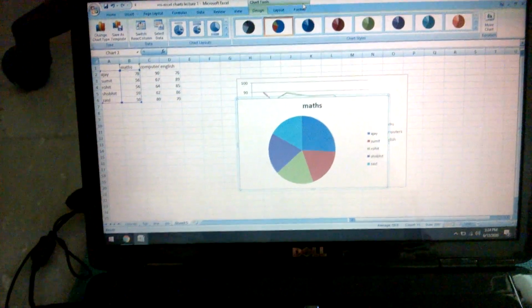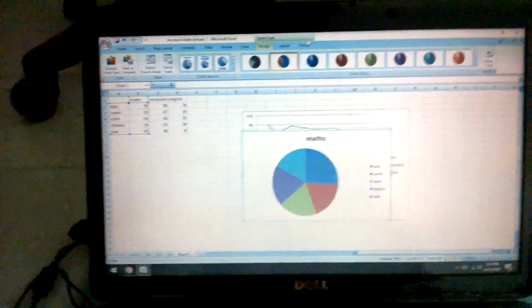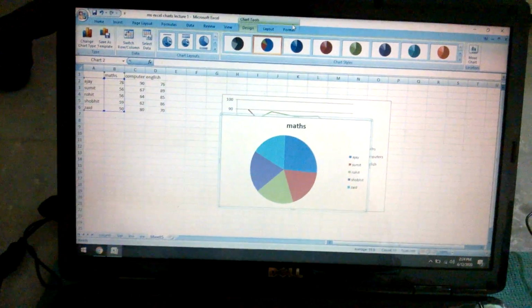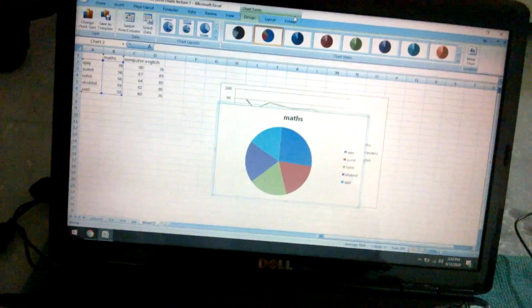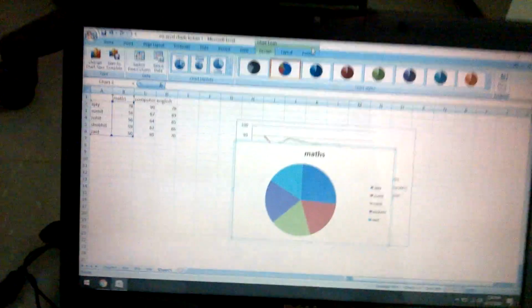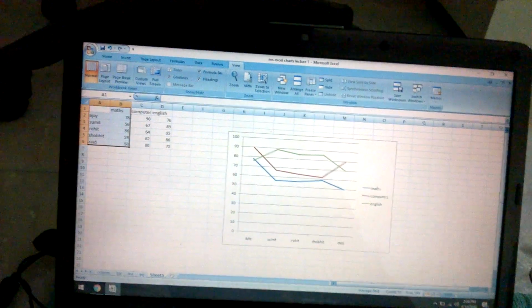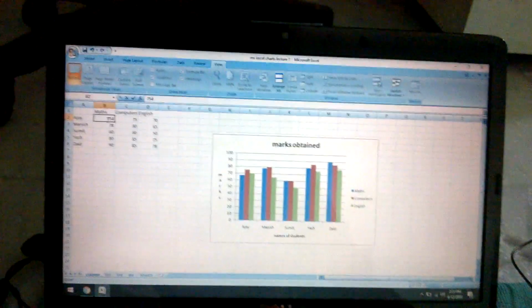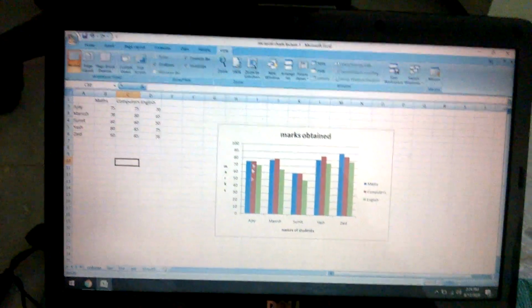So today we have seen what MS Excel charts are, and 4 types of charts which are commonly used: column, bar, pie and line. And we have seen how these are created. First we need to create data, and based on the data we can create the chart. One more thing, even if you make any changes, suppose I change this value to, let's say, 75 or maybe 54, accordingly the chart will also change.